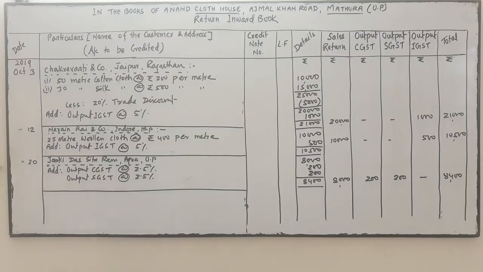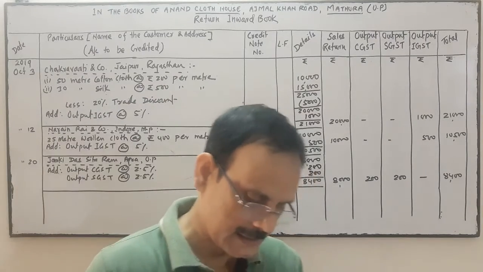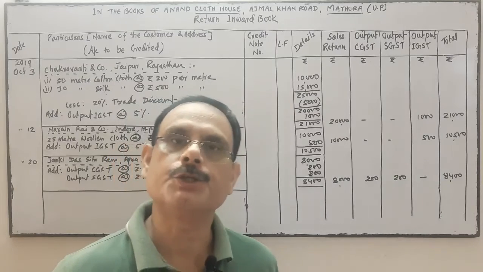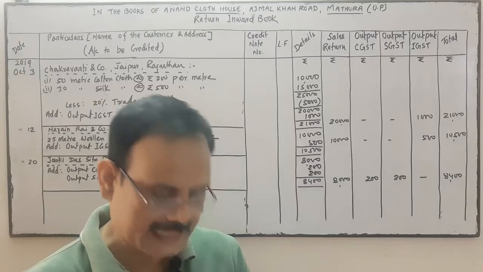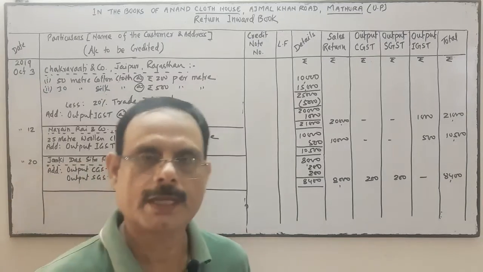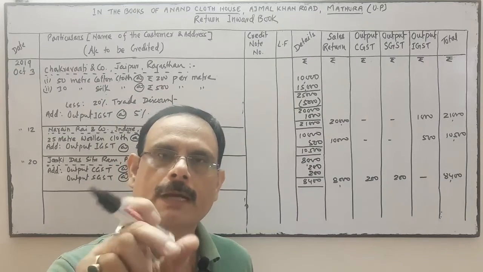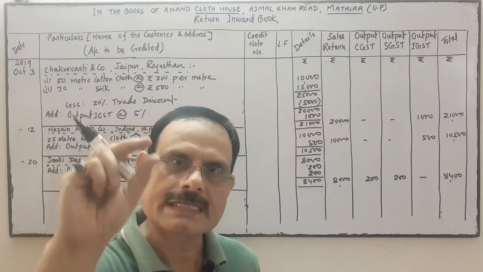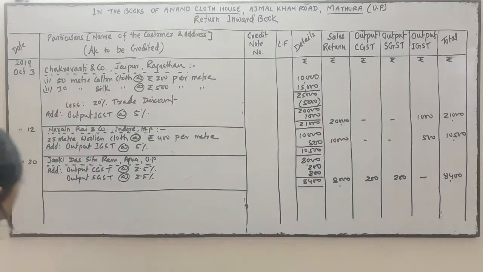The next transaction is allowance allowed to Kesri Lal and Sons, Sadar Bazar, Prayagraj, UP. So it's the same state. On account of mistake in the invoice. There is a mistake in the invoice. The mistake may be that an excess amount is written over there. Excess amount. Okay. So by mistake. So October 28,